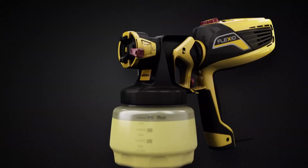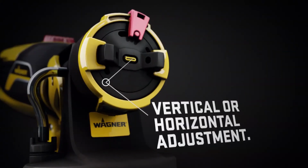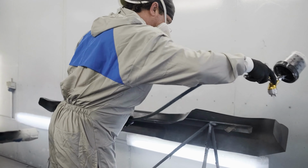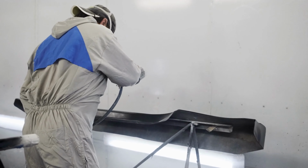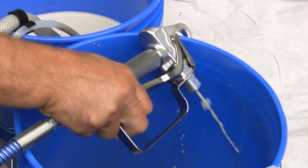Whatever you're looking for in your paint jobs, you can accomplish with the airless paint sprayers on this list. Whether you need something for a large DIY project or you want a professional product for commercial use, there is an airless paint sprayer for you. Amazon has a fantastic selection, so you can pick up the perfect product for your painting projects and get started